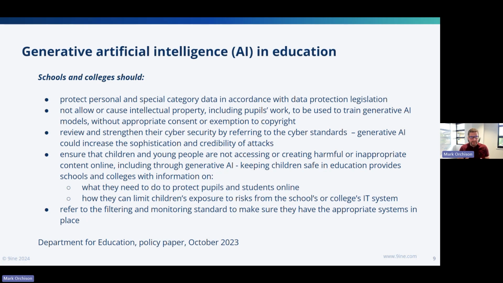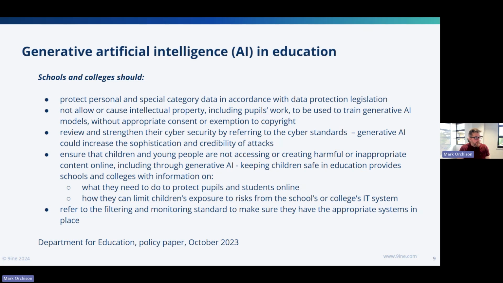It's a policy paper, so it's the words "should", not "will" or "must", but schools and colleges should protect personal and special category data in accordance with data protection legislation. So before you start using AI, you need to first of all ensure that it's part of your ROPA, that you have assessed the vendor, you understand the transfer of personal data from you as a school to that particular provider, and you understand the categories of personal data that are handed over. Is it first name, last name, email address, or are there other bits of data being